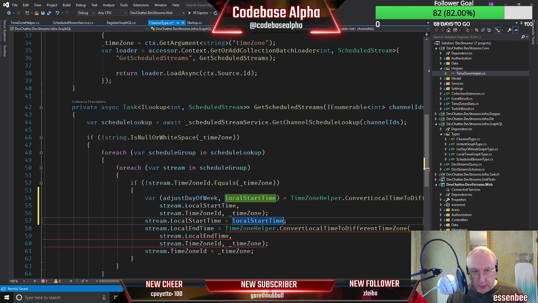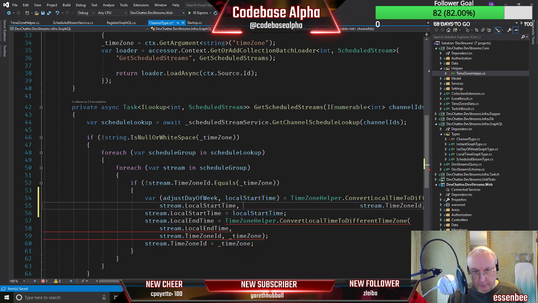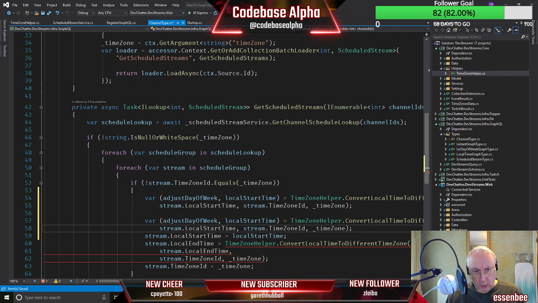And the end time, let's build the end time up again as well. Okay, so we can basically take the same thing. This time we want the local end time. That's going to be end time.